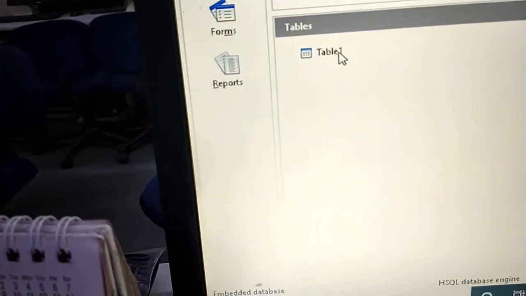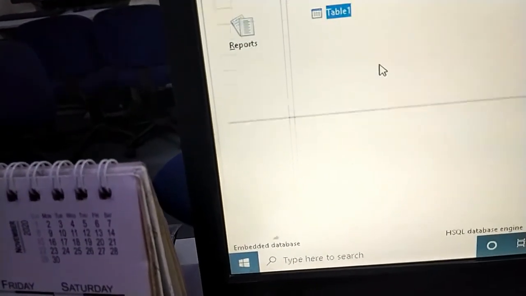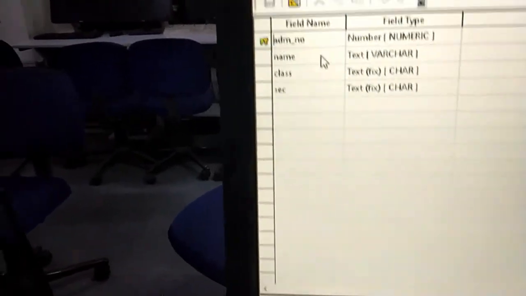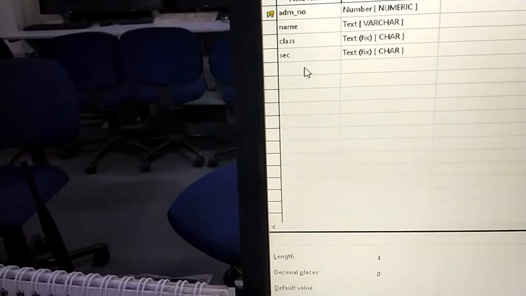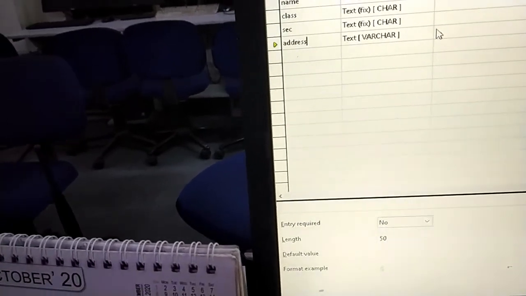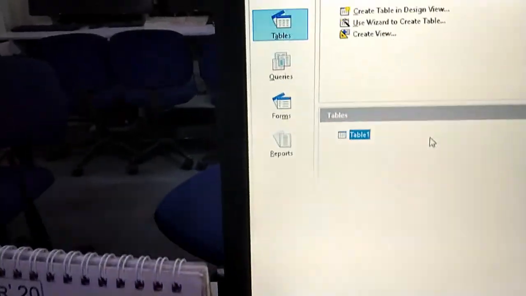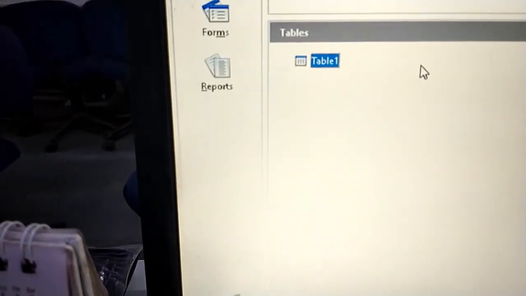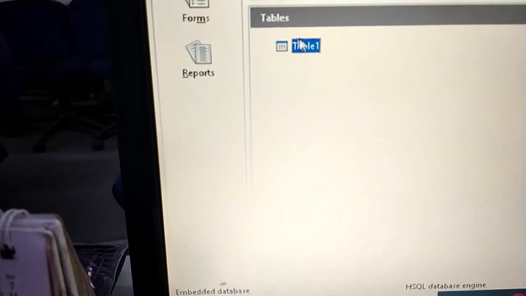Now to enter the data into the table or to make some alteration in it, you can go to edit. To click on edit, from the bottom portion of your database window, you can again come to the designing part. You can add a new field. For example, you want to add the address. So simply you just say address and varchar and then cross it. Say yes. So one more field has been added already. This is how to edit a particular table structure.